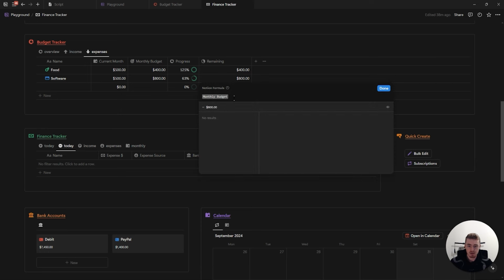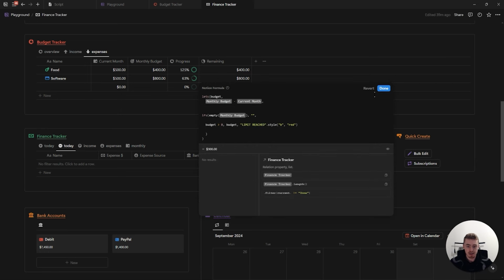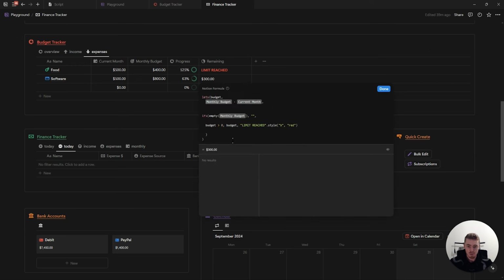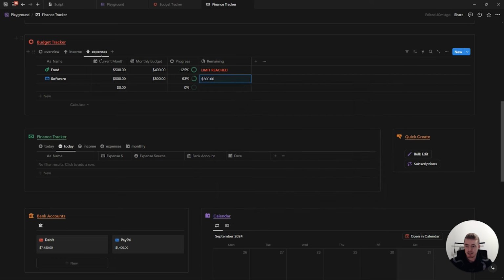And now what we can do is we can just remove this, put back in our formula, click on done, and now it will automatically show in that currency format. And me figuring this out is simply just the result of me spending way too much time inside of Notion. Alright, so now that you got your remaining formula, we're pretty much done with the expense sources,